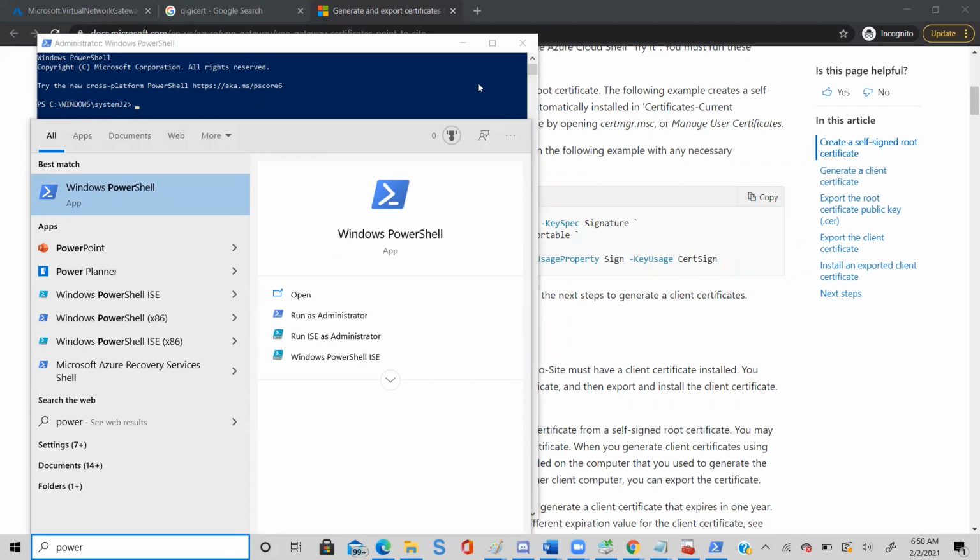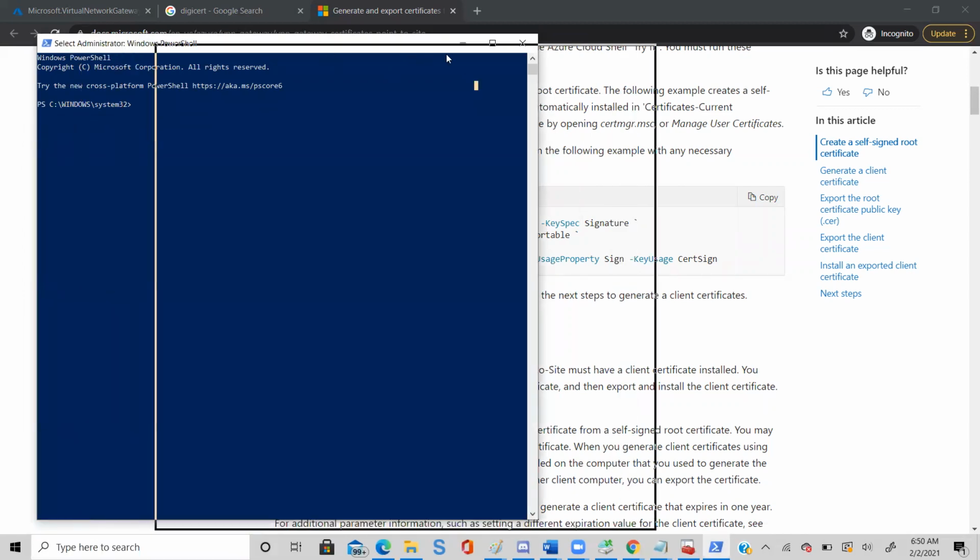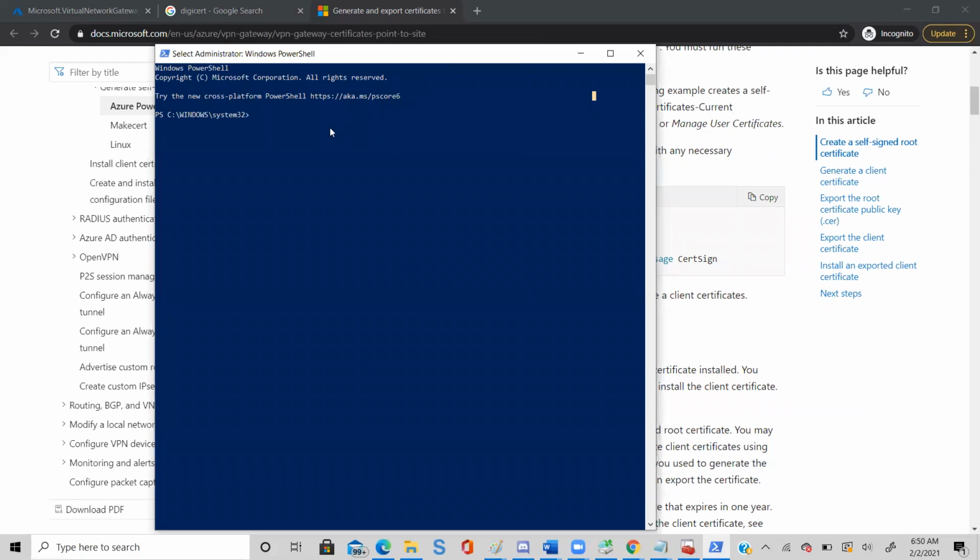See, it opens a PowerShell window in the background. Now in this PowerShell, first we are going to run a command because by default PowerShell stops any kind of script from running.